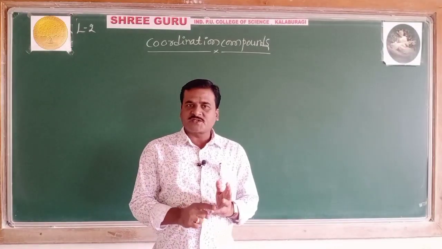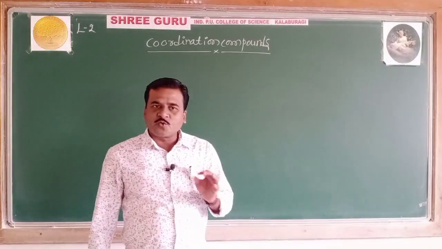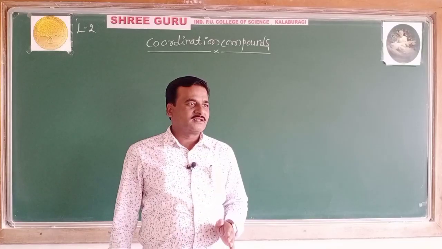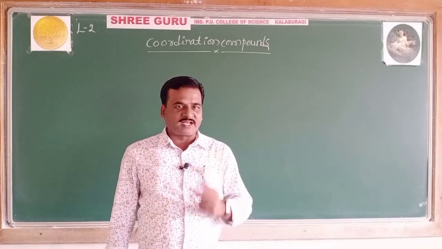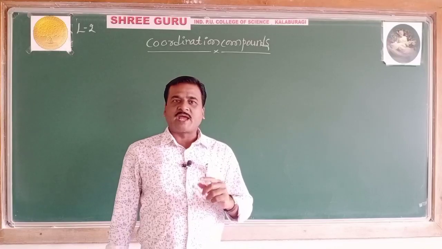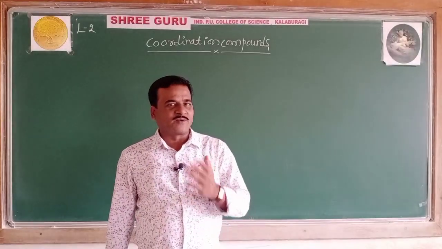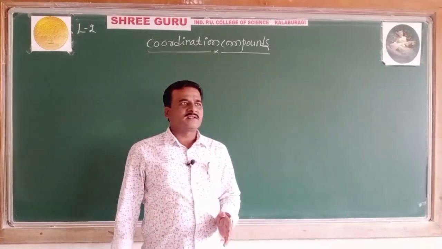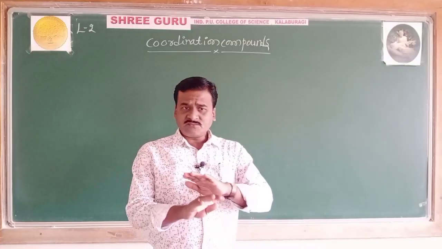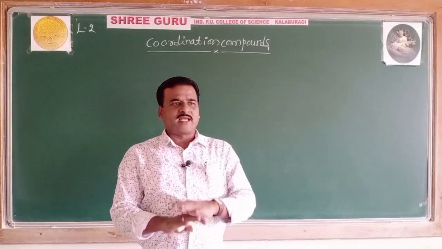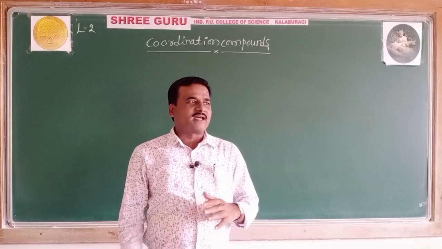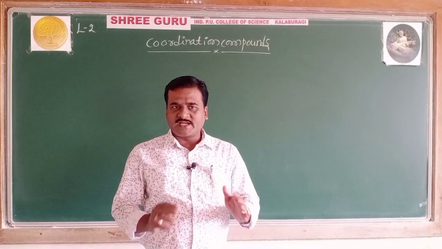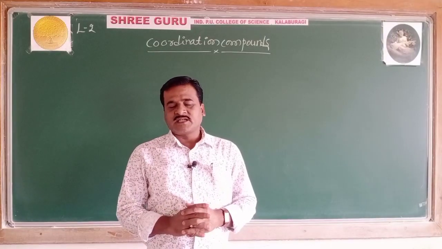Well, students, the first postulate says, in the coordination compound, the central metal atom or ion possesses 2 types of valencies, namely primary valencies and secondary valencies. Postulate number 2, primary valencies are commonly non-ionizable. They are non-ionizable and are satisfied by negative ions only, while secondary valencies are